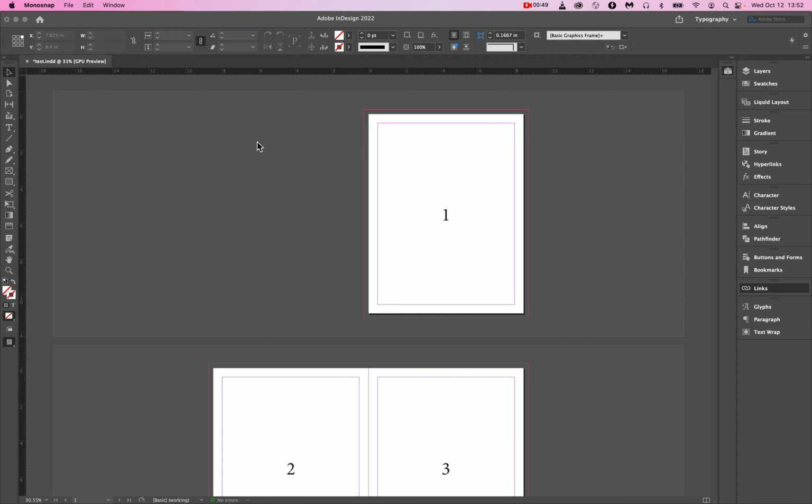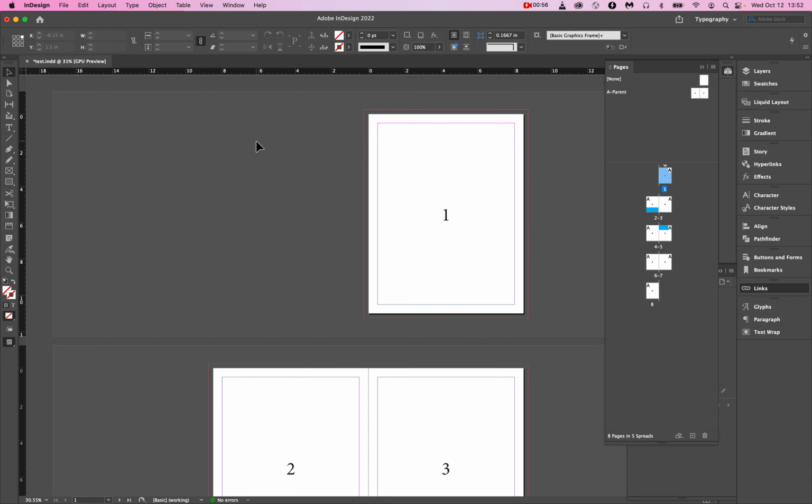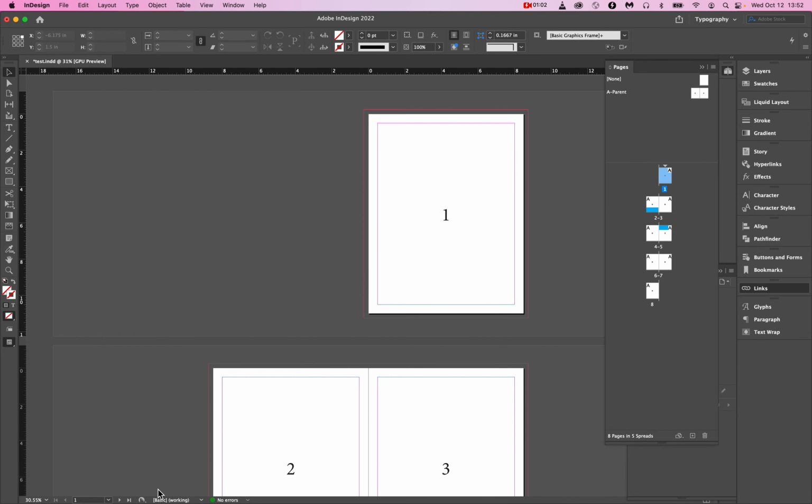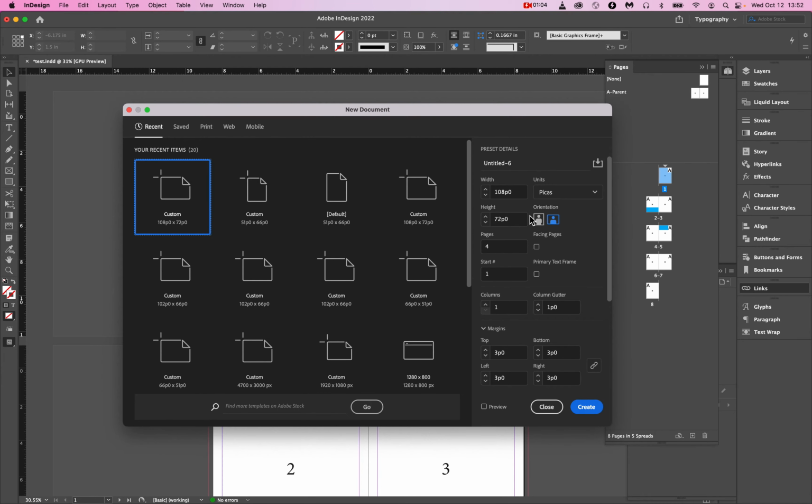So we need to hand someone a PDF that we know is going to come out as a booklet. Okay, and that's going to take some work on our part. So let's get started with that. We're going to need a new document. All right, and we're going to want that document to be